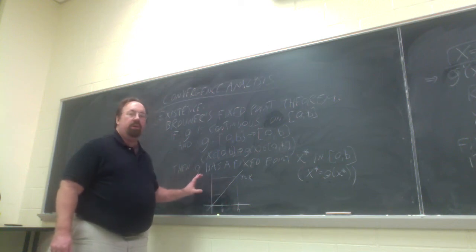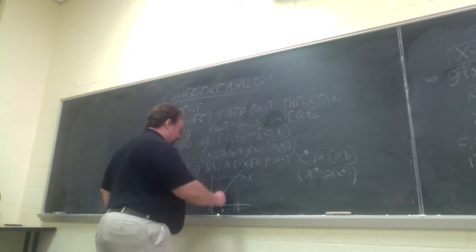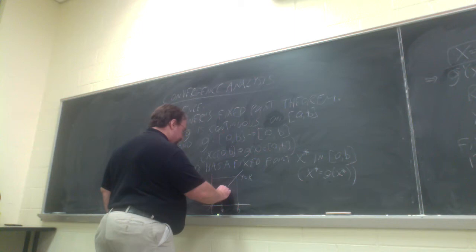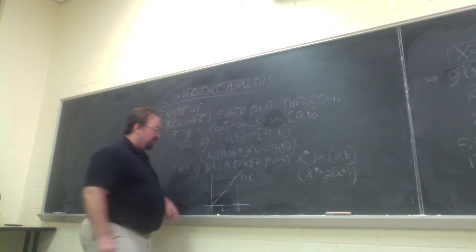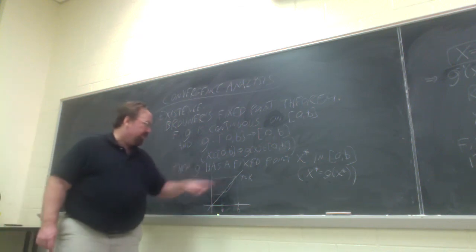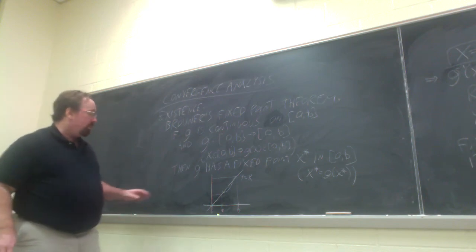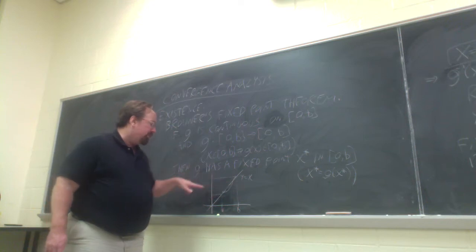They don't have to take up the whole interval, they just need to be contained within it. So for instance, the graph might be behaving, I'll just draw the portion in AB, something like this. So the y values are at least contained within. In this case, there happen to be two fixed points, and I guess you're kind of angling towards the third one there. But the point is, x values within AB, when plugged into G, still give you something